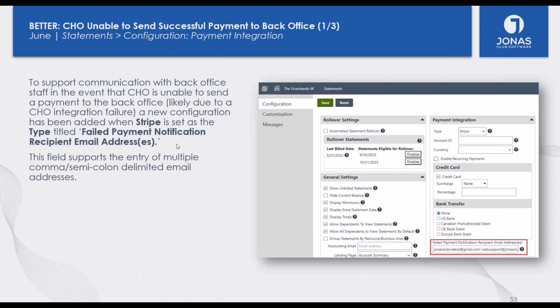Again, like I said, if we fail to send a payment to the back office, not only will we allow you to reprocess it, but we'll notify an email address or multiple email addresses specified within this failed payment notification recipient email addresses. So if there is a payment that failed to process to the back office,